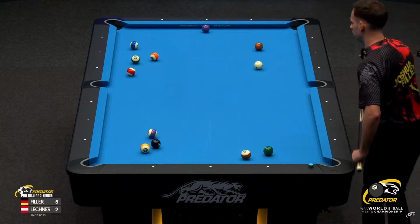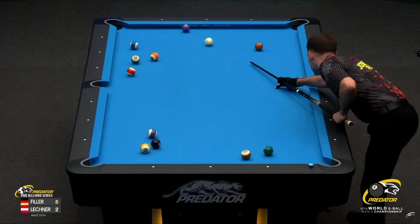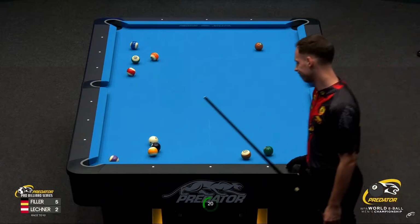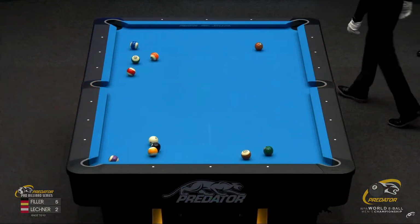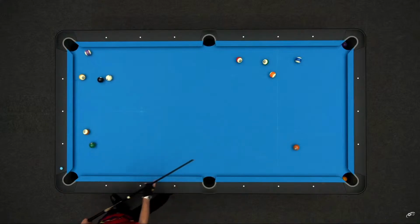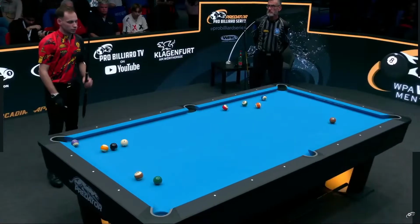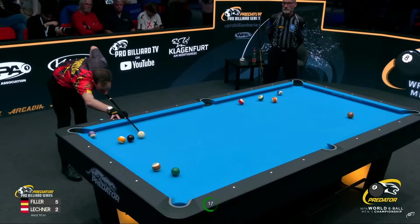So what's the game plan now? Oh yeah, open up with the 5 ball. That worked out terrible. It looked like it was going to work out, and the 9 ball came right back up on top of it. Now he's run out of ways to open this. I mean, he didn't want to hit it like that. I think he wanted to hit short rail first and then hit the 8. So what's good? Now what's he going to...